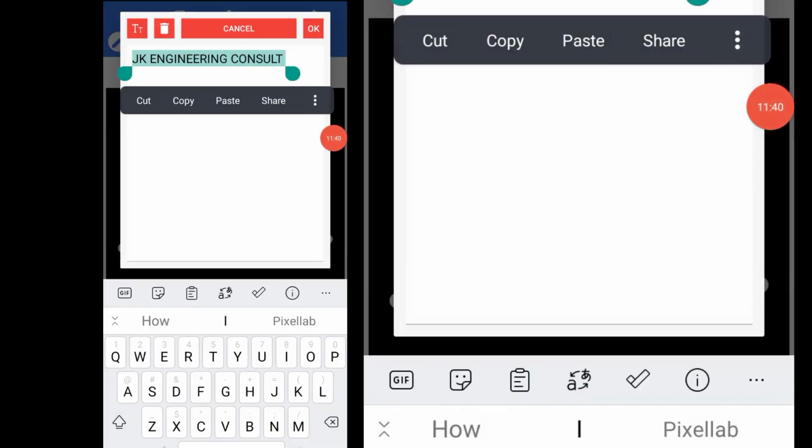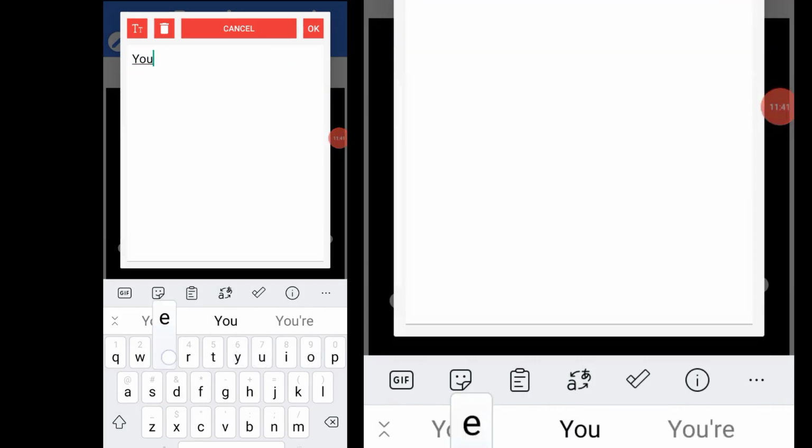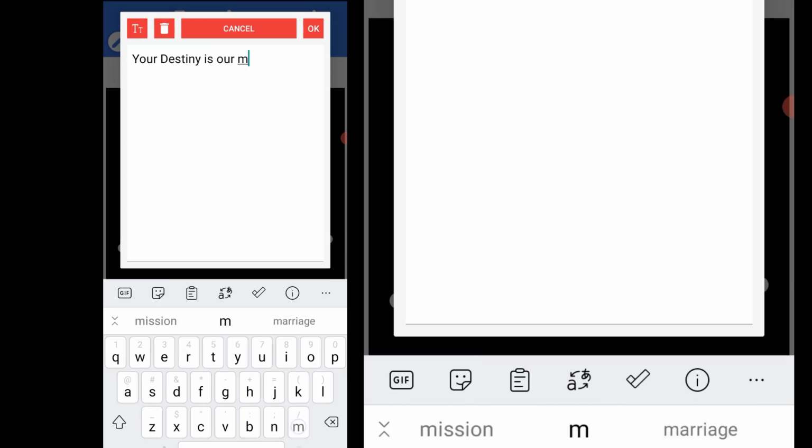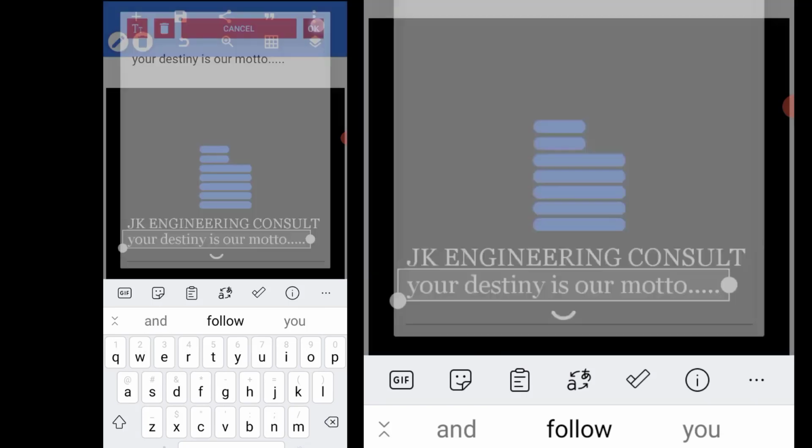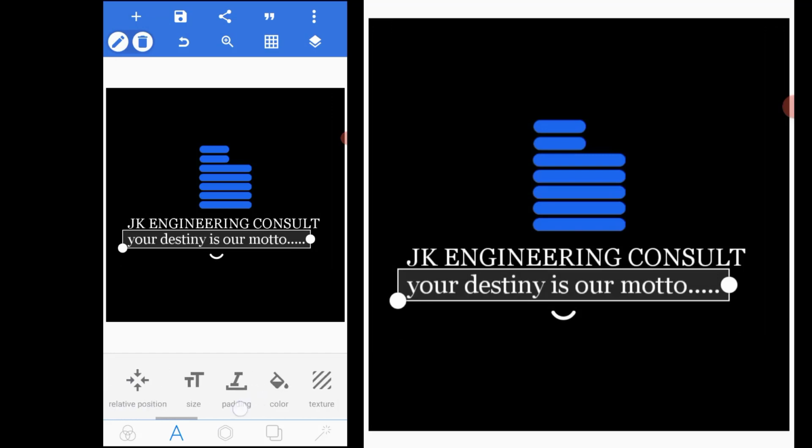Okay, your destiny is our motto. Then okay, I'll make this small letters. So I will change the font to,